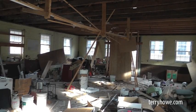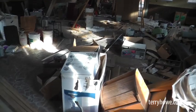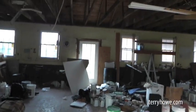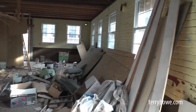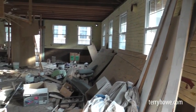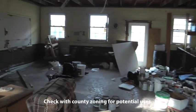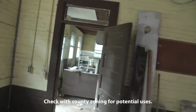All right, this is that room I told you was probably the cafeteria. It's got broken tile floors in it. They look nice. It's not bad. They've been using it for their storage, tools, remodeling supplies. So anything that's left here is yours to finish up with. And then in the back of it, I don't know that you couldn't put a couple apartments out here, 2